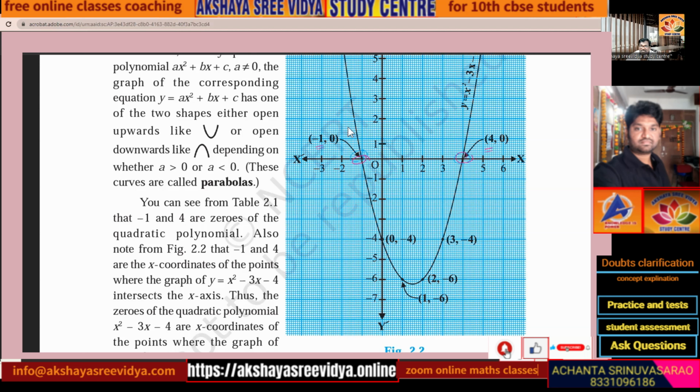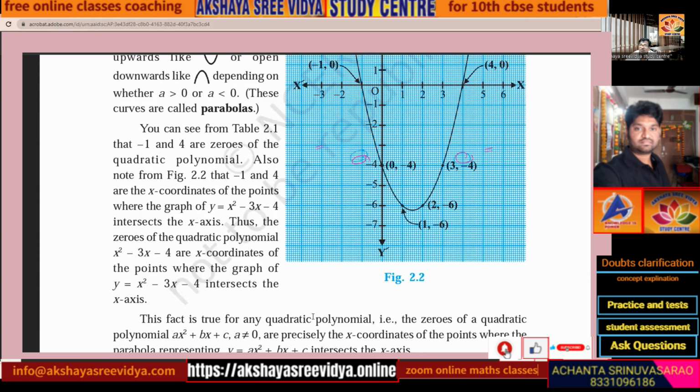That quadratic equation is x square minus 3x minus 4. The quadratic polynomial p of x is equal to x square minus 3x minus 4. The zeros of the polynomial are -1 and 4. This is how we find it from the graph. అంటే గ్రాఫ్ ద్వారా మనం జీరోస్ ఆఫ్ ద పోలినామియల్ ఫైండ్ అవుట్ చేయడానికి ఈ విధంగా మనం యూజ్ చేసుకుంటూ ఉంటాం. ఓకే,